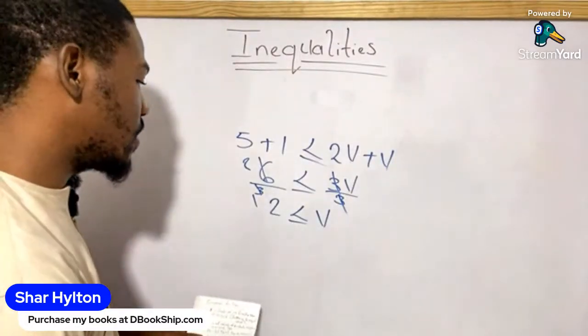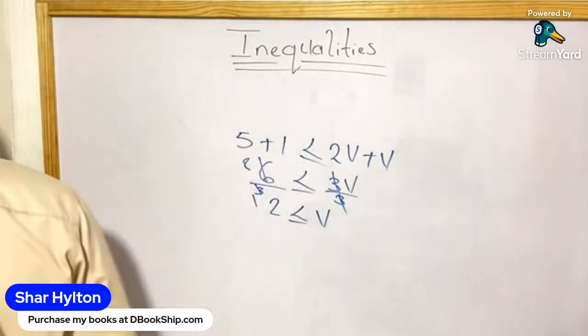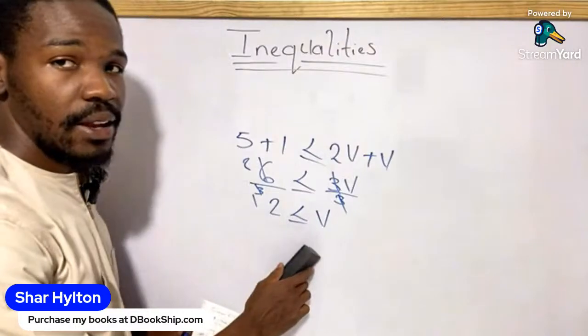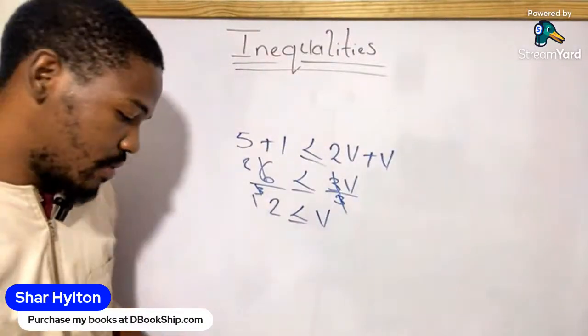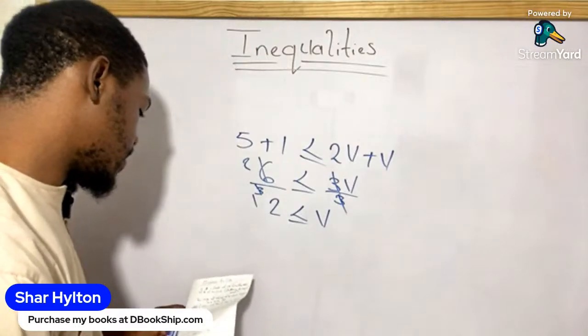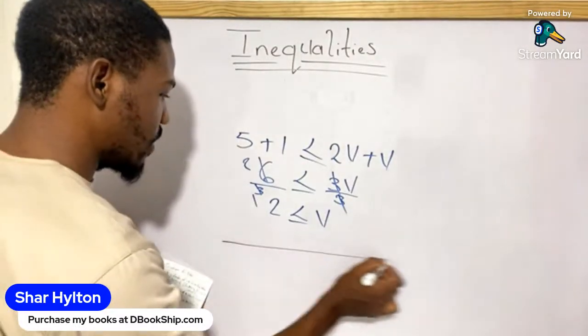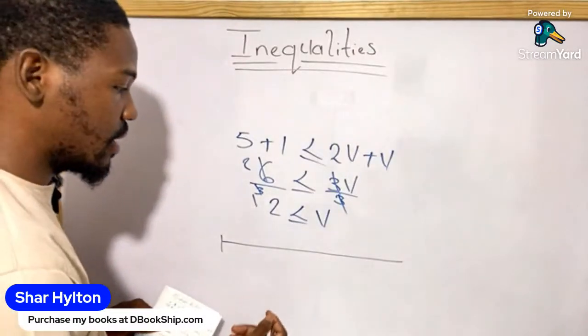So in that inequality, we can actually look at it. Let us determine our range of values wherein 2 is less than or equal to v. Right? So just looking at range of values now. So if we were to draw our number line, just looking at it from this angle,